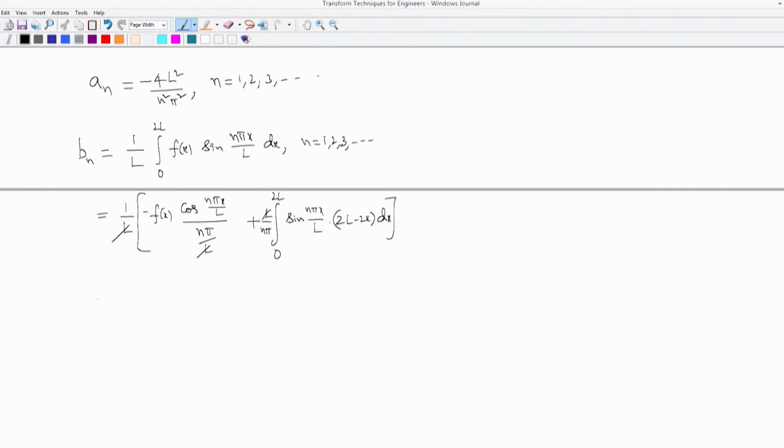This is what it is. So, now when you put 2 L, the cos function will give you 1. So, you have minus